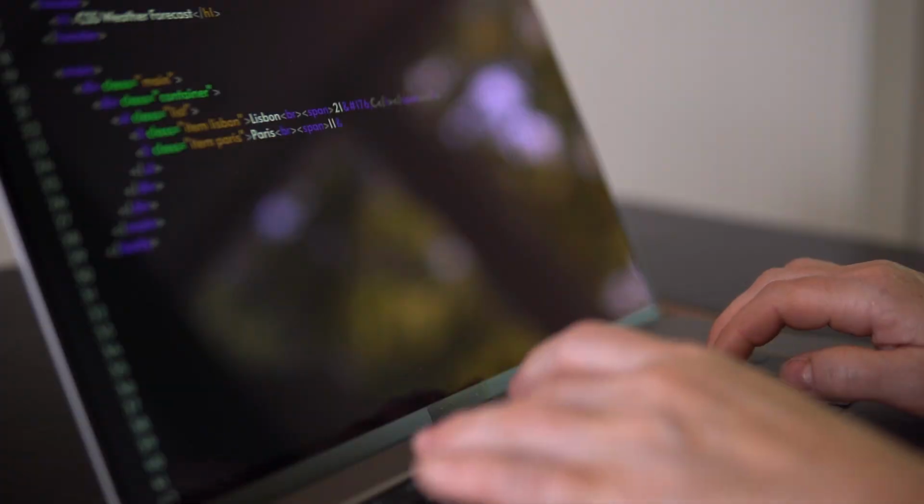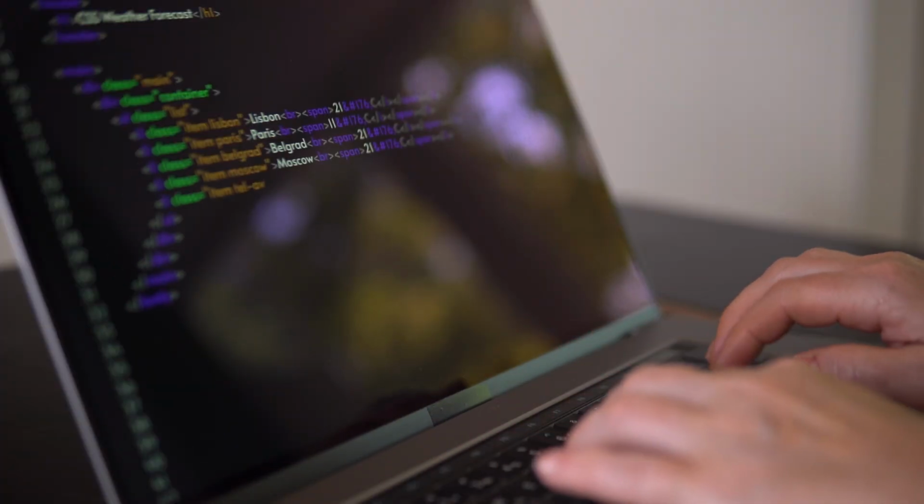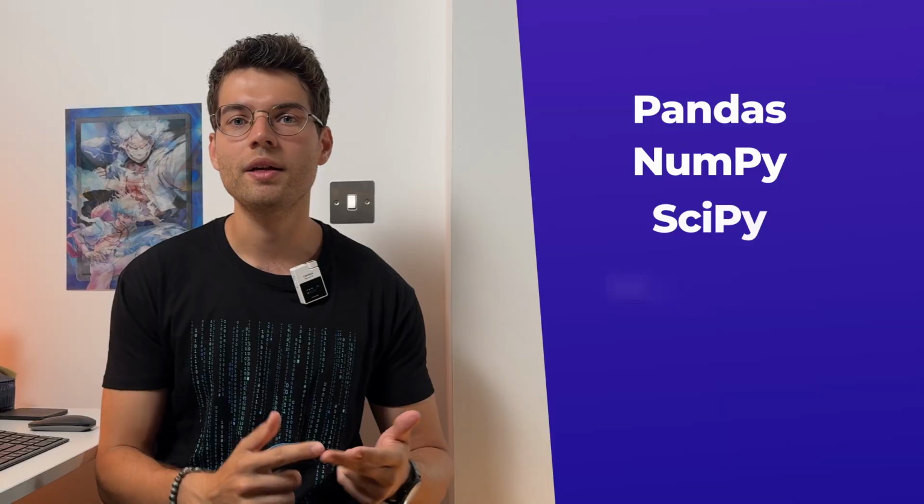So a few things to focus on if you're just starting out is just to learn the basics of Python, just to learn how the language works, all the lists, dictionaries, writing functions, all these basic things. Then you can dive into a few libraries such as Pandas, NumPy, SciPy, Matplotlib, or Streamlit. Pandas will serve for everything tabular manipulation, so if you want to do anything that you usually do in Excel or SQL, you can do it with Pandas, and it's usually very fast, quite powerful, and you have a lot of flexibility in it.